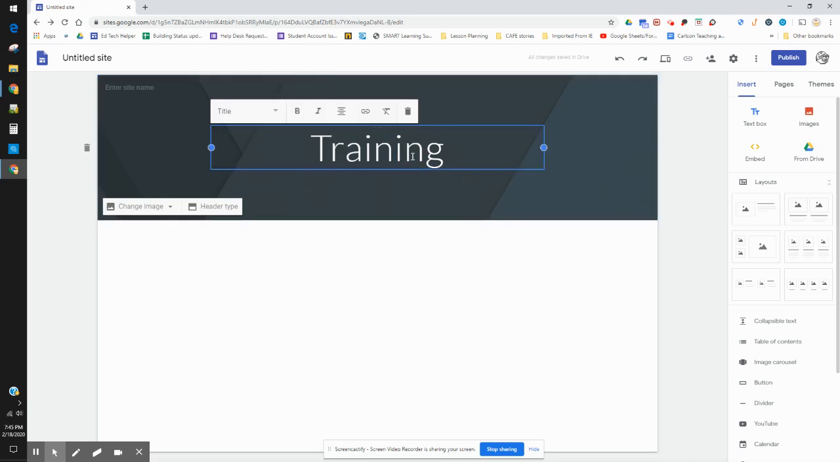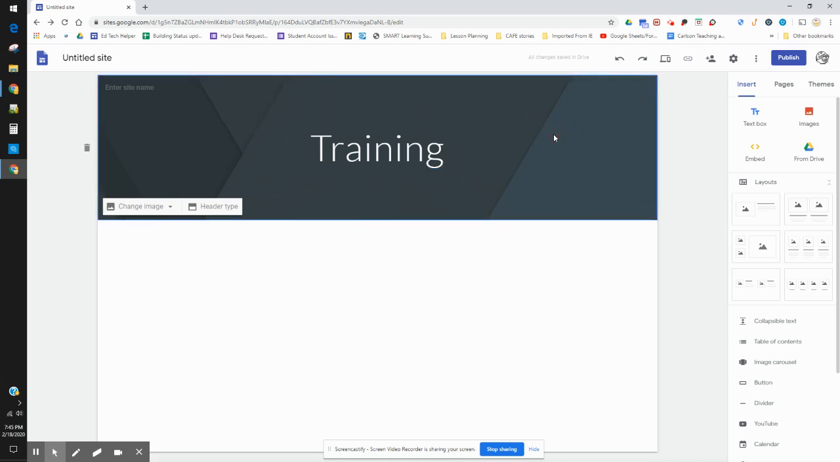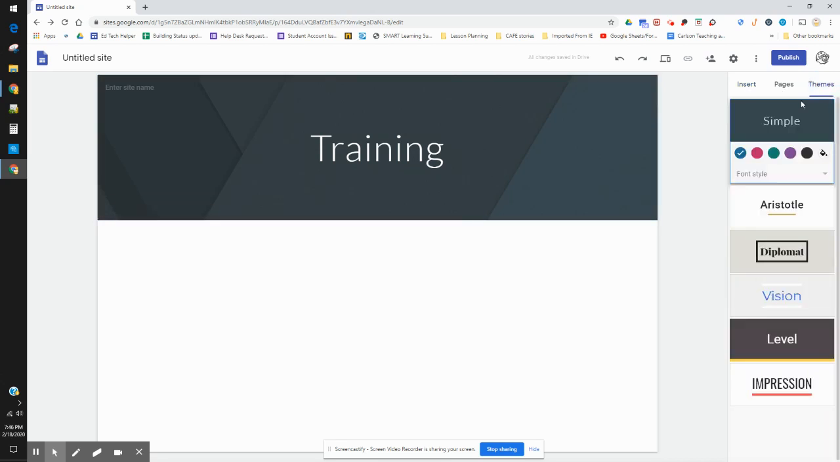Now, you'll notice I can't put in any different colors. I can't change to a new font. I just kind of have to go with the presets. The only options I have for changing fonts and colors is to pick a new theme. So if I come over here to the right, I have my 3 menu choices: insert, pages, or themes. So I click my theme,